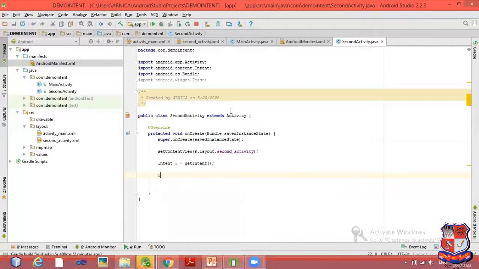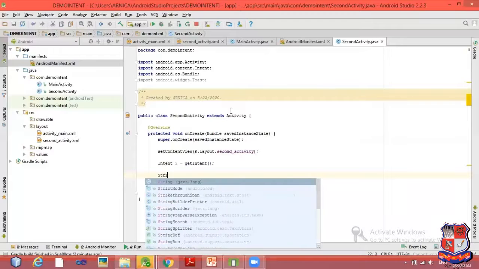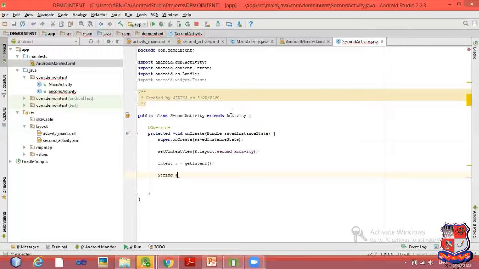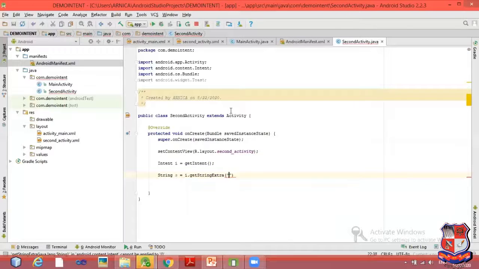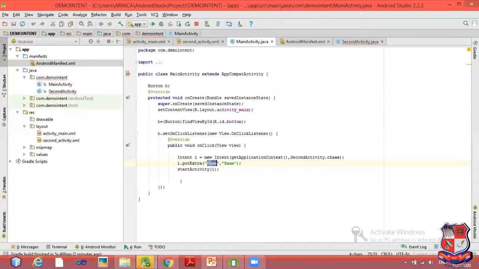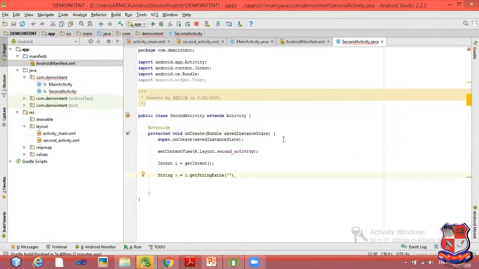So first I need to store it in a string. So I'm declaring one string s is equal to i.getStringExtra. In this, you need to write the value of the key, that is name, write it as it is. So that is capital N-A-M-E, name.